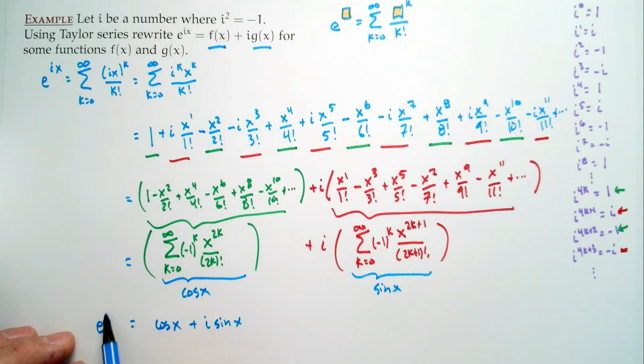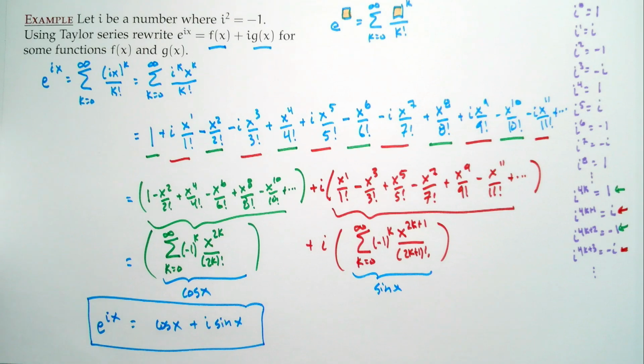So you may have heard us mention at various points in time that there's this beautiful connection between the exponential function and sines and cosines, and that's the connection here. So we have all sorts of very strange facts. So here's one strange fact. If I take e to the pi times i,